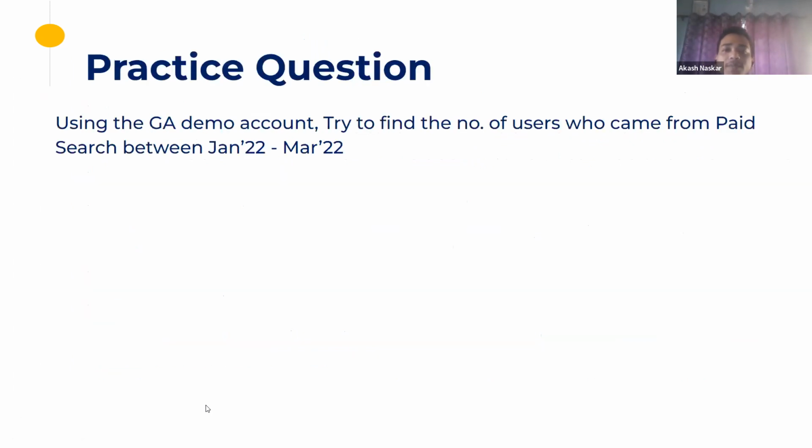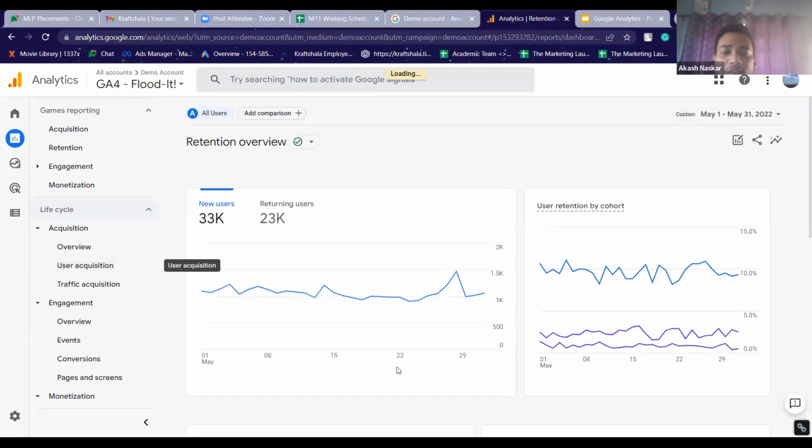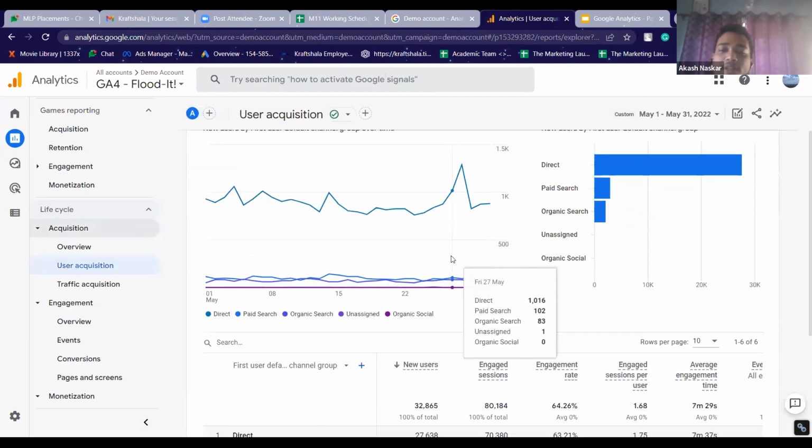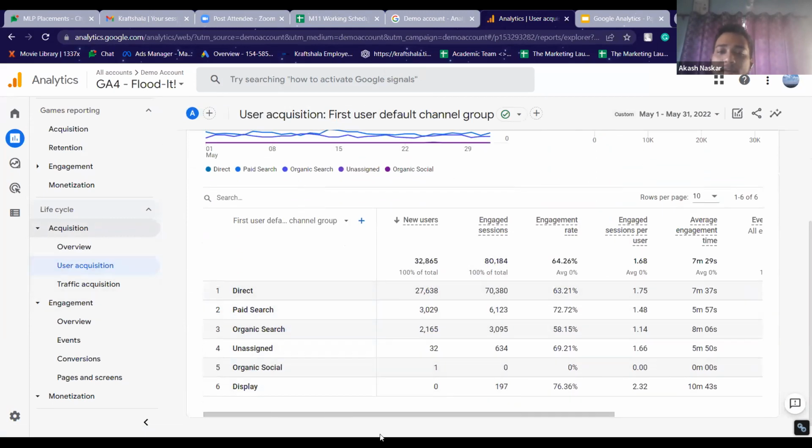All of this we can see in terms of user acquisition or traffic acquisition based on our need. If you want to see new users only, we will go into user acquisition, and if you want to see all the users, we will go into traffic acquisition, right?